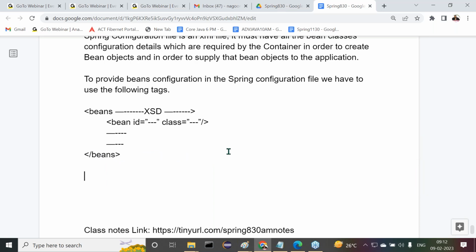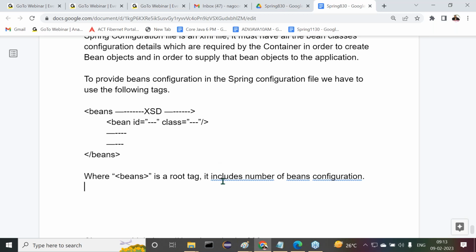Now I want to give that point here where beans is a root tag. It includes a number of bean configurations. It includes a number of bean configurations. That's okay, fine. Next one is apart from that, where